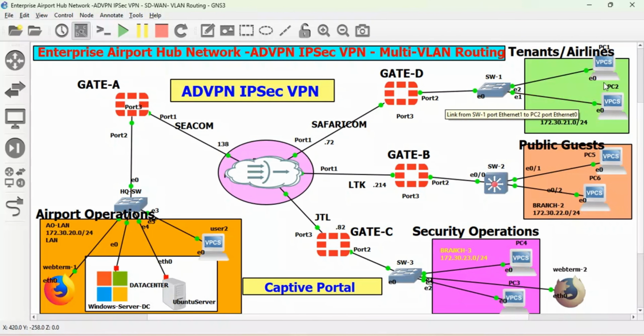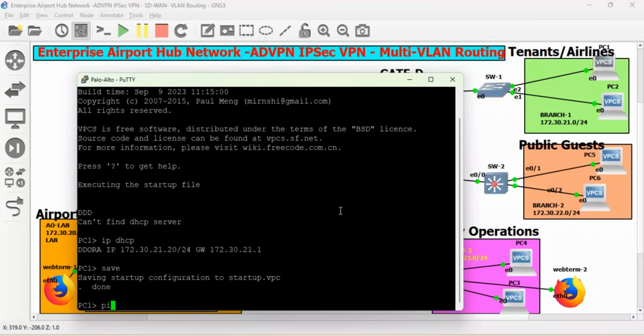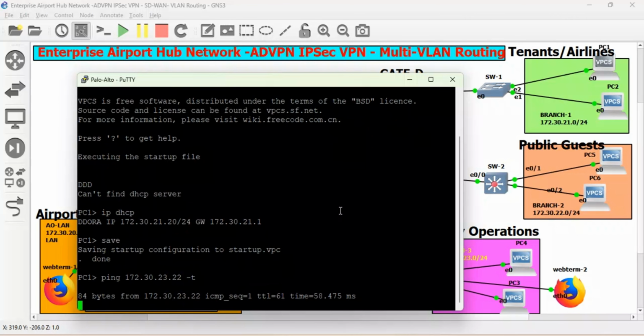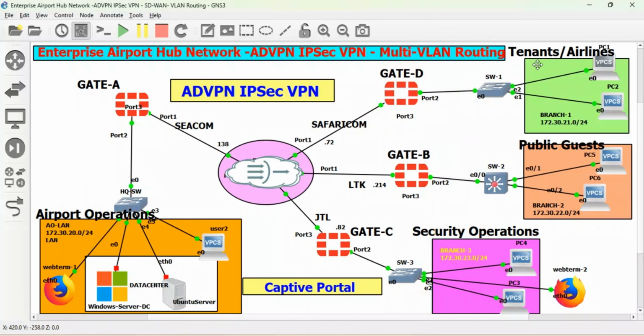This branch, let me just enable this. This is the testing phase. First of all, it must get IP address automatically from the dedicated server. So once it gets IP address from the server, we just save this, then ping 172.30.23.22. You see? So I'm pinging from the airline department or tenants department to a client, this particular computer here